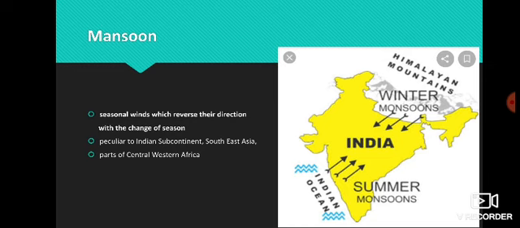So this is just a seasonal wind which reverses the direction, that you can see here. In summer it will be moving upward, that is from the Kerala side to the northeast side, and during the winter season from the northeast side it will be moving towards the Arabian Sea side. So that is the direction. From here it will change direction to upward, and in the winter season from upward to downward. That is just the direction change.